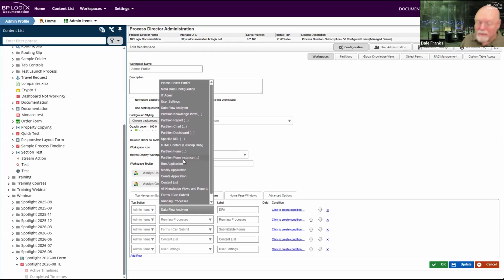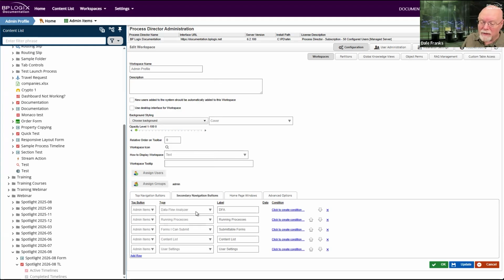Well, it's still basically the same one, except here it doesn't show drop-down as one of the options because we don't have nested drop-downs built yet. We just have the top level drop-down, which I think for most use cases is enough. But in any case, I can pick the item that I want. So in the first item, I've picked the data flow analyzer, the second, the running processes, third, forms I can submit, both of those knowledge views.